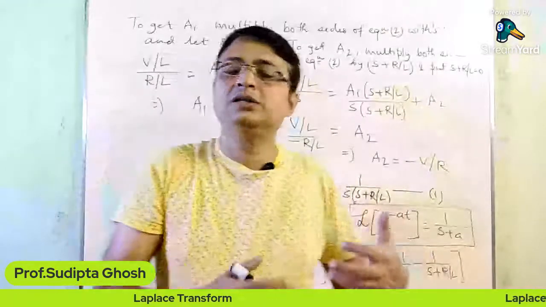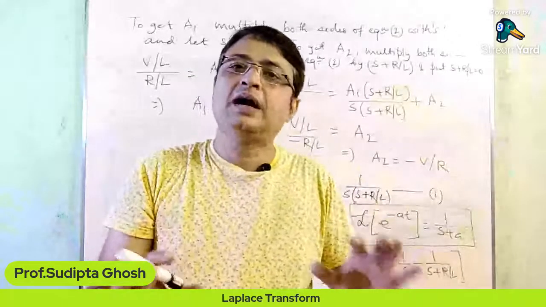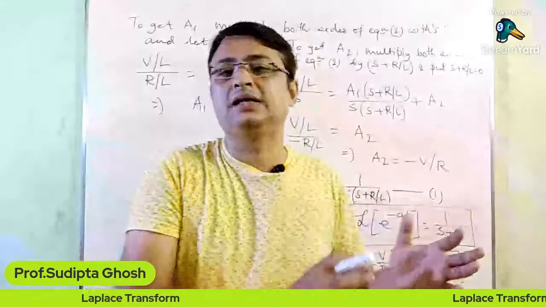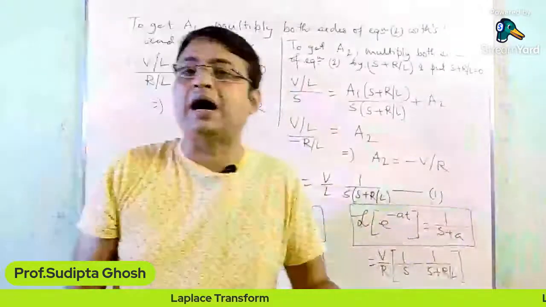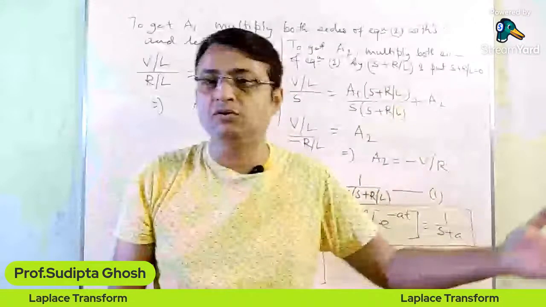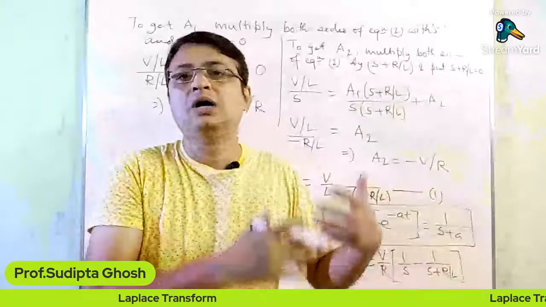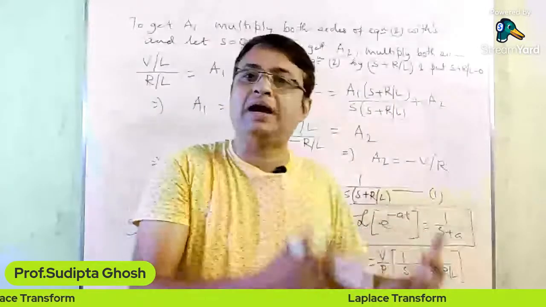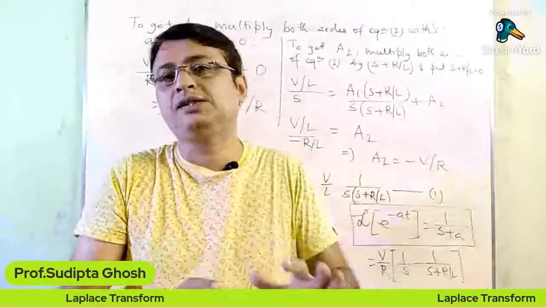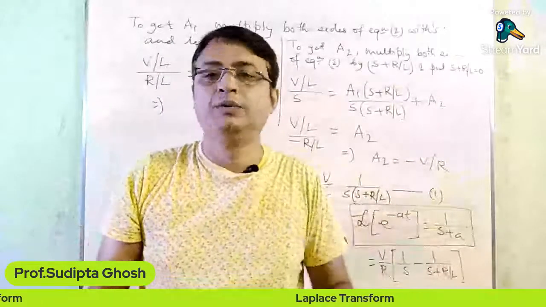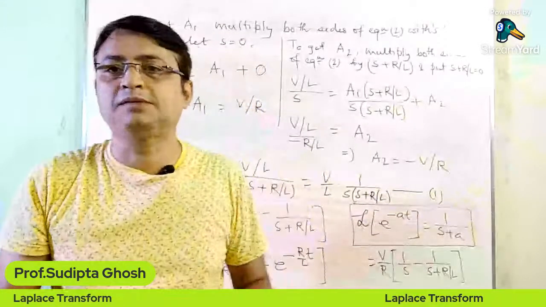So that is the step you have obtained. After that, as we can see here, we have to find out the value of I(s), and already it is converted into I(s). So I have taken out the value of I(s). First of all, we have to find the functional value in the frequency domain, and then if the functional value on the right hand side of your equation is in the form of s plus or minus a,